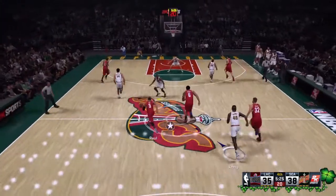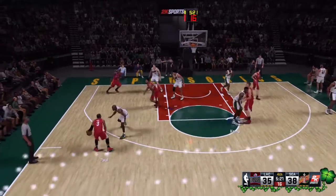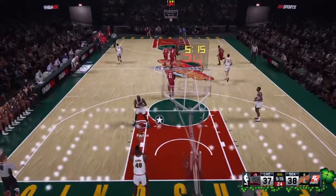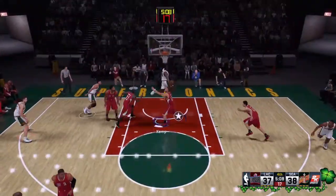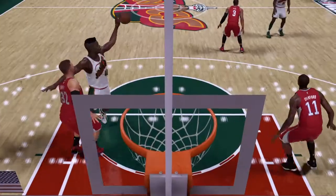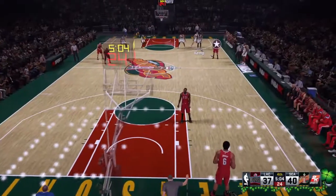And here is Los Angeles now. Paul outside. He's looking for Griffin, finds him. An emphatic alley-oop jam. You can see the eye contact there. Gave a little nod and then burst to the rim for the alley-oop slam. No doubt, Clark. A pair of teammates with a terrific... And that's a punch to the jaw. This game as tight as it can be, and he pulls something off that we might not even see in